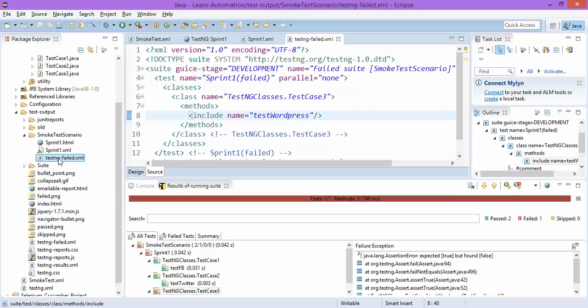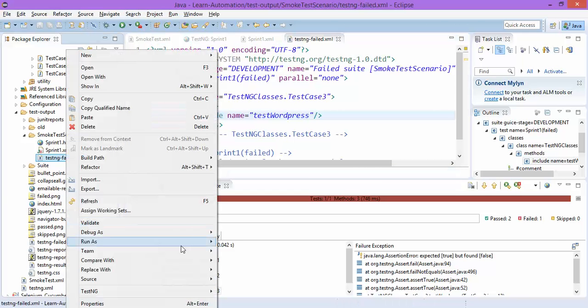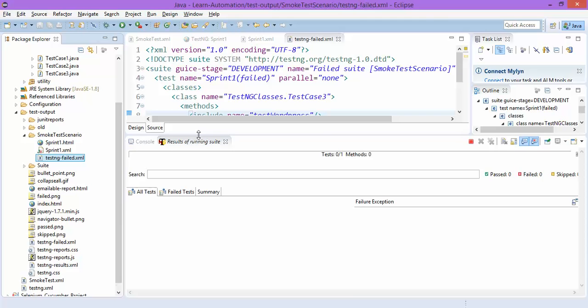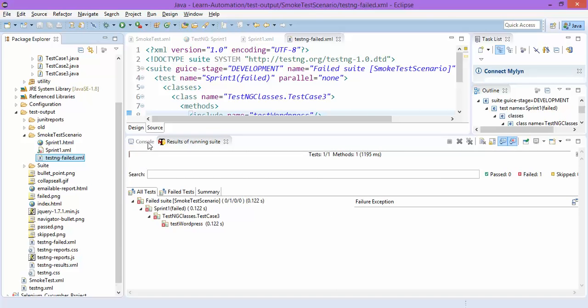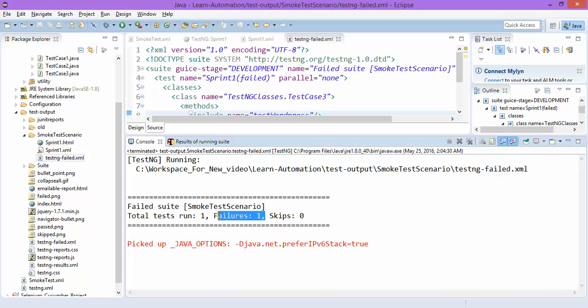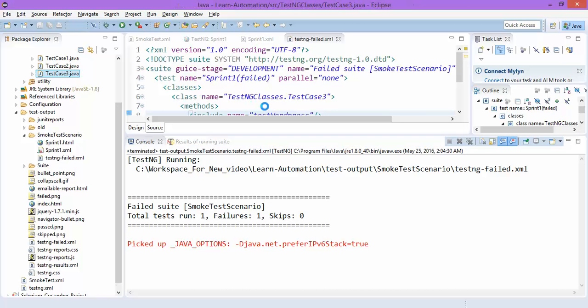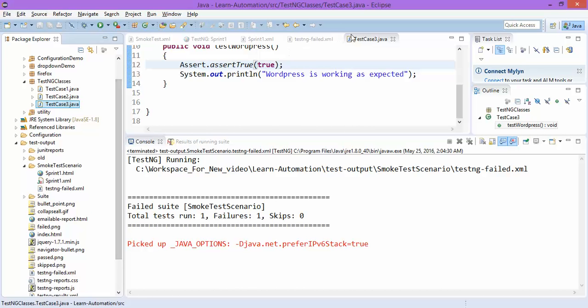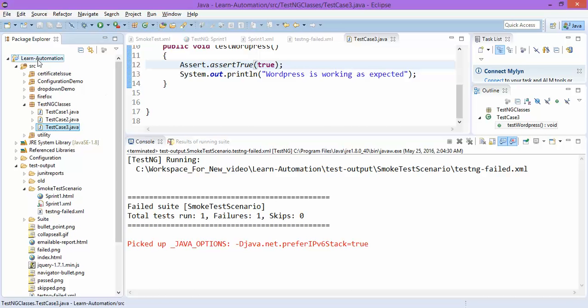Now if I want to run this, I will simply right click, run as TestNG suite. And you will notice it will run only one because only one test is failing. So what I will do, I will quickly go here and if I simply change it to true, my test should pass. So if I right click, and before running this, now if you simply refresh this,